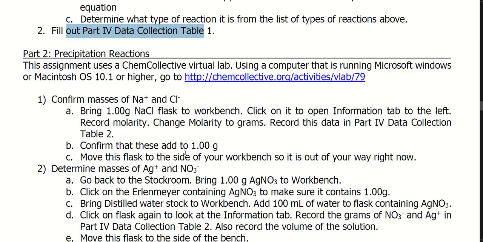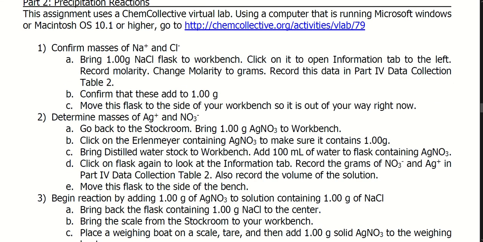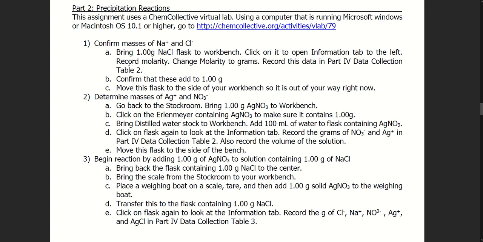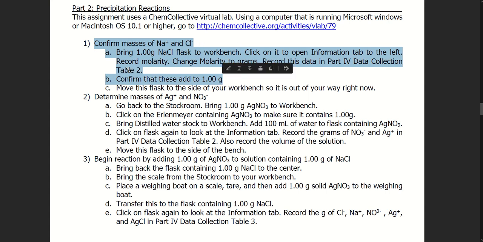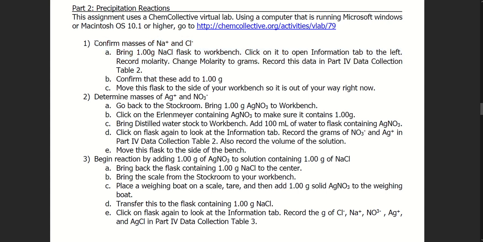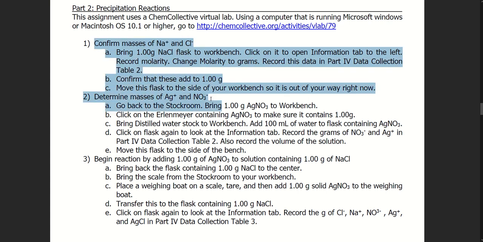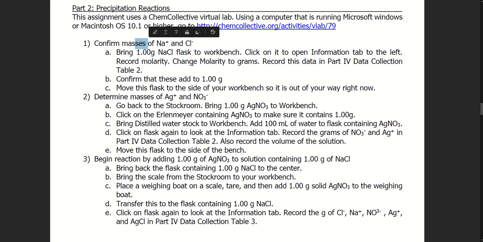Now back to our procedure. Some things I want to point out here on the procedure is that there are 3 parts, right? And these 3 parts give you a lot of sub-steps. But what I want to talk to you about is how in steps 1 and 2, all you're doing is confirming or determining masses or amounts. It can be the mass or the molarity, but all you're doing is really recording information or recording data